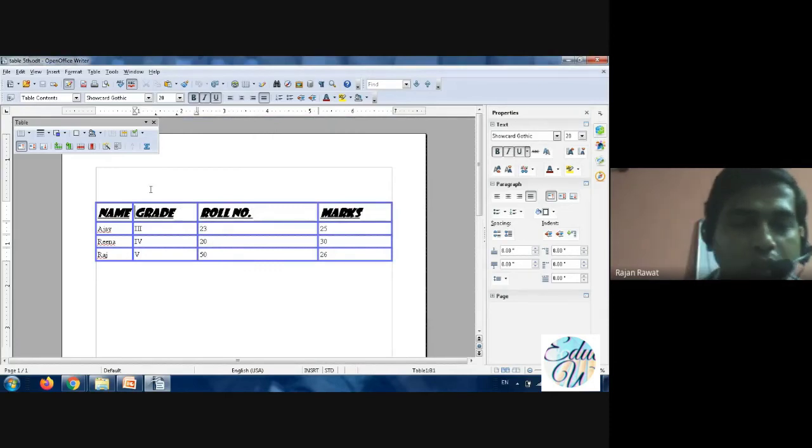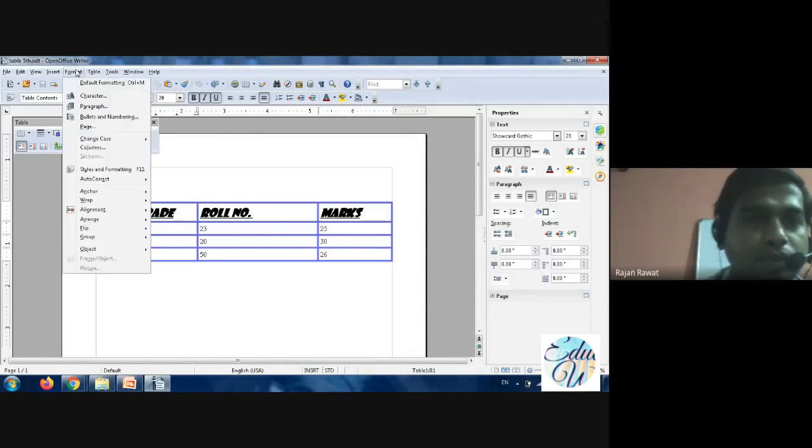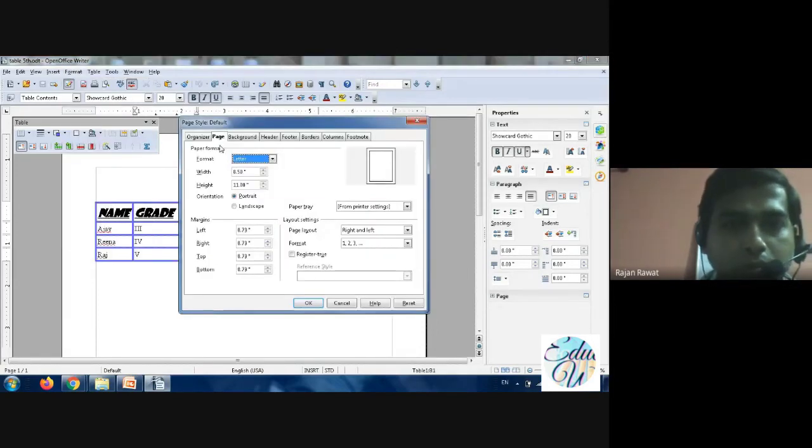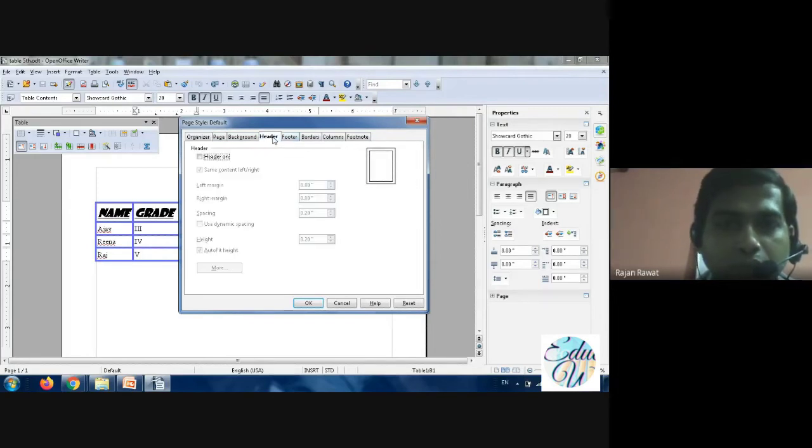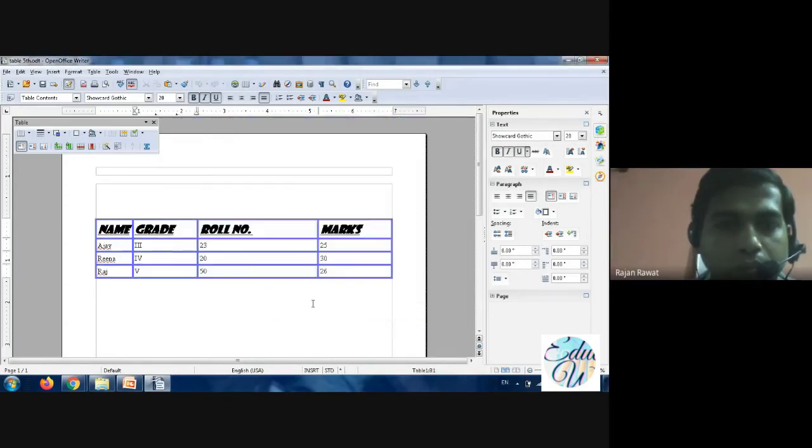Okay, student, now you will understand how to place a header and footer. For that you have to go to the option Format, then you have to click Page. Here you have the options footer and header. You have to select header. As you click header, you have to click this checkbox, header, and click OK.